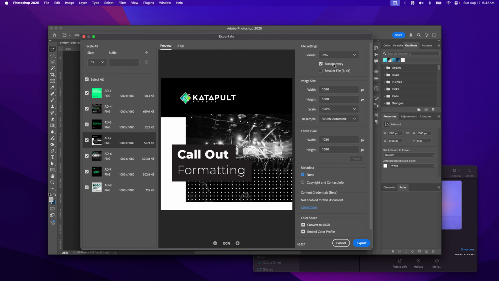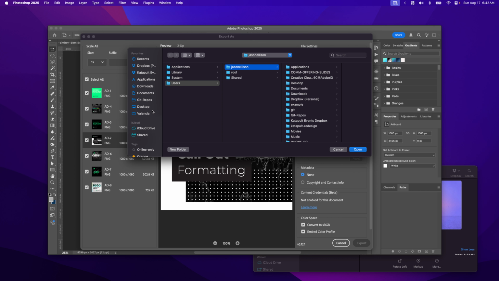If you're not using transparency, you don't need to click this button. I'm not using it, so I'm going to uncheck this button. Alrighty? So the next thing here is if I go to export, I can click export and I've got a